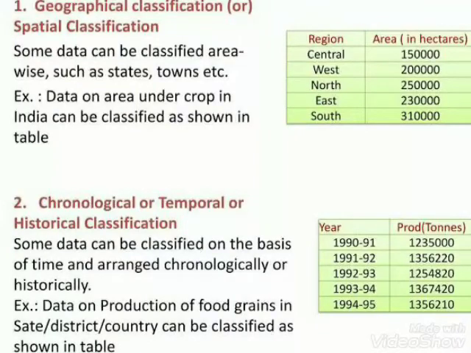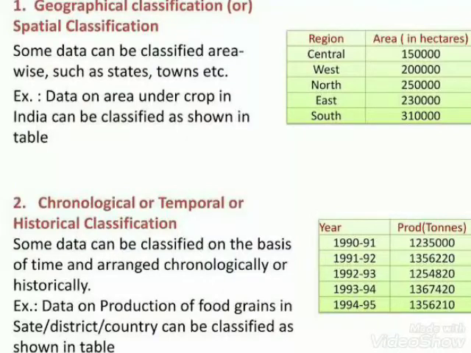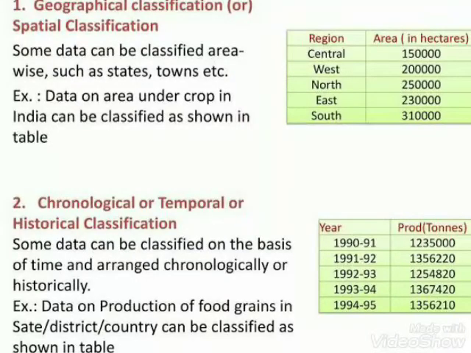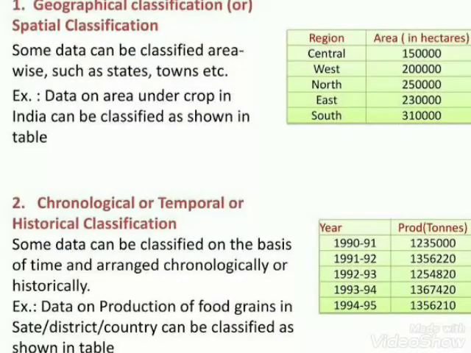Then the last is temporal classification of data and tabular presentation, where the data has been classified according to time, and here time becomes the classifying variable. Now a very good example is the data based on food production.